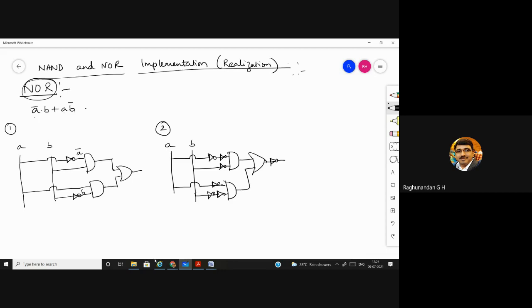Okay. Next, third step. What we need to do in the third step? We need to see that in a single line, starting from this point to this point, if there are 2 NOT gates, cancel them. 2 NOT gates, cancel them. Okay. This is our third step. Is it clear till here? Any doubt? Anybody is having any doubt? You ask me. I'll try to clear it.